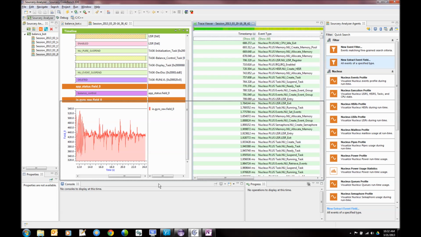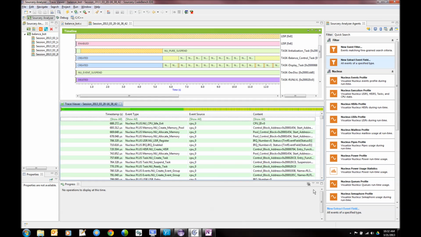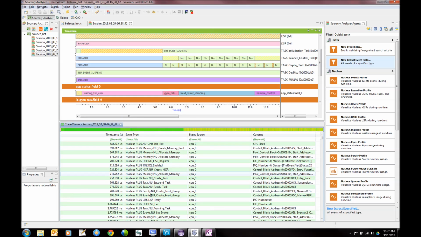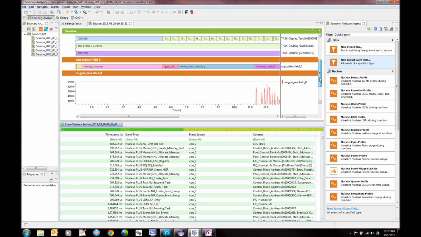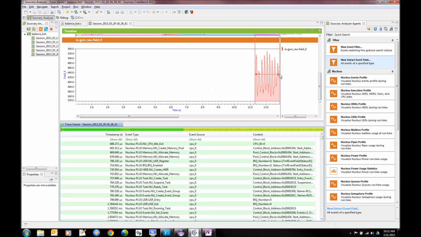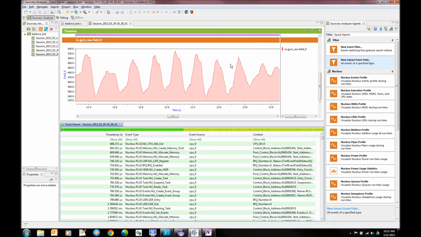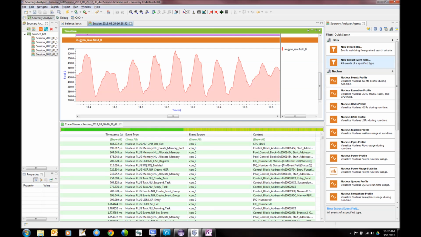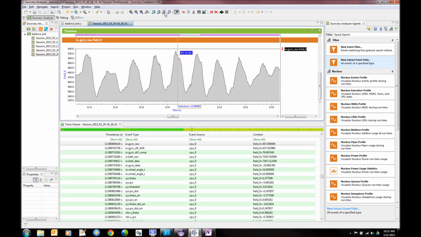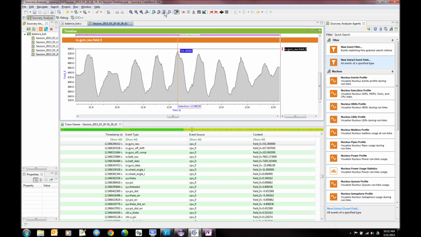So we are now looking at a tabular view of trace data that was logged along with the graphical representation as well, and we have a region of interest that we want to focus upon. Right now, I can choose this selection marker, and I can select this waveform. And if you notice, as I latch the selection marker to the consecutive raw gyro count value that was acquired,